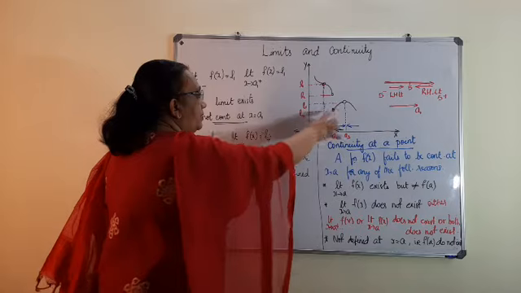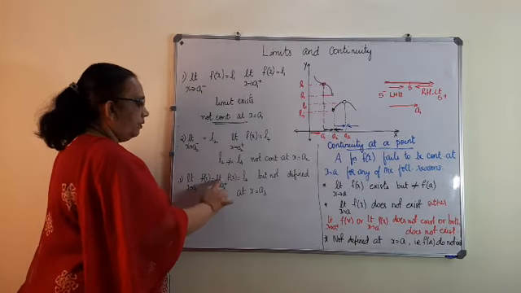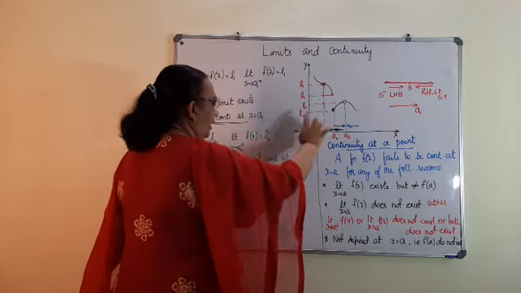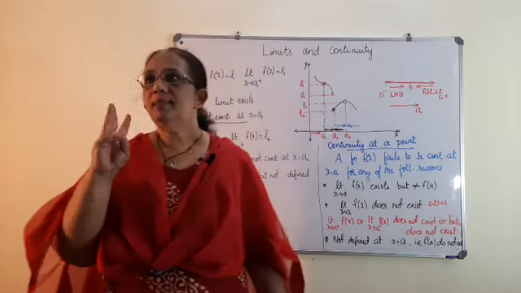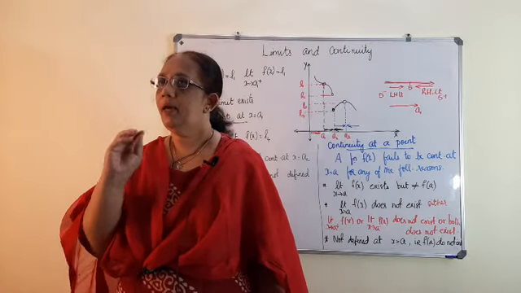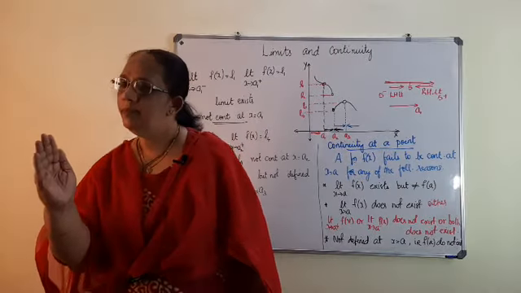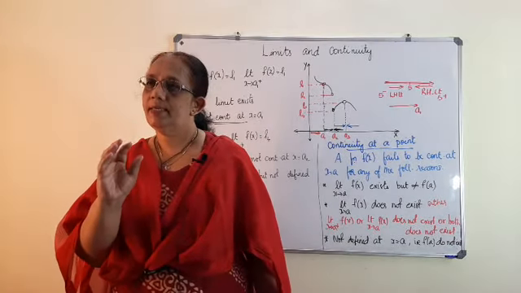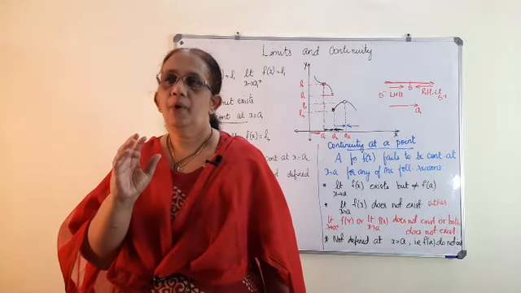Not defined at x is equal to a. That is, limit x tending to a3 minus is equal to limit x tending to a3 plus f of x is equal to L3, but not defined at the point x is equal to a3. So these are the 3 conditions you have to keep in mind for a function to be continuous: left limit approaching from the left side to the point, right limit, and the value of the function at that point. If all these conditions are satisfied, then we can say that the function is continuous at that particular point.